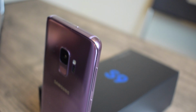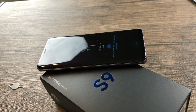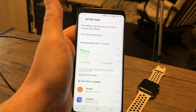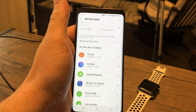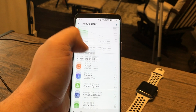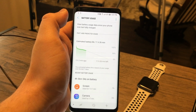So I've talked about the improvements and what's good about this phone, but let's briefly touch on the not so good. Overall, I was a little disappointed with the battery life. It seems to be almost identical to the S8 as far as an actual battery life with real life usage goes, and that kind of sucks. Battery life is one of the most important components of a phone, and one that I expect to get better each and every year. Not saying the battery life is bad, it's just I would have liked to see a